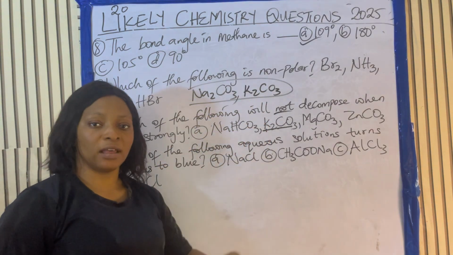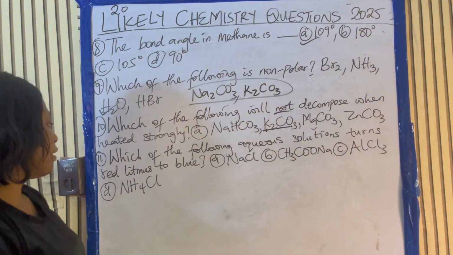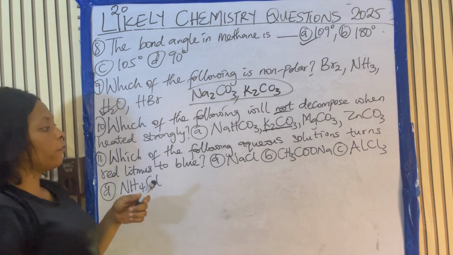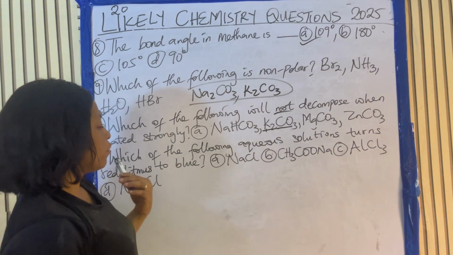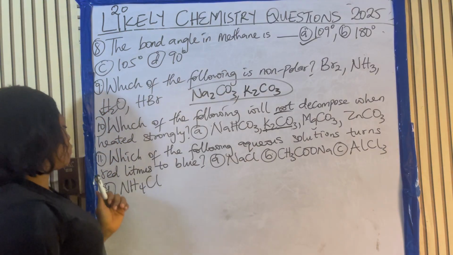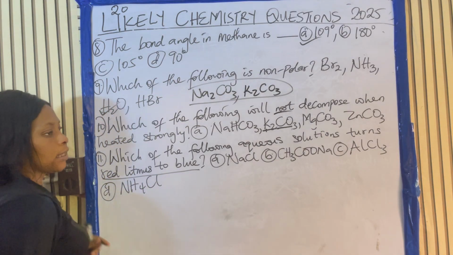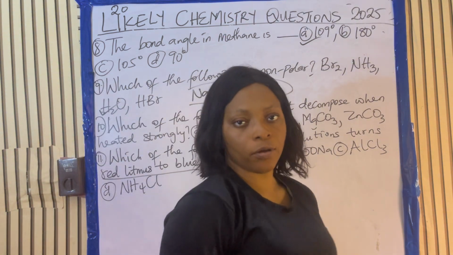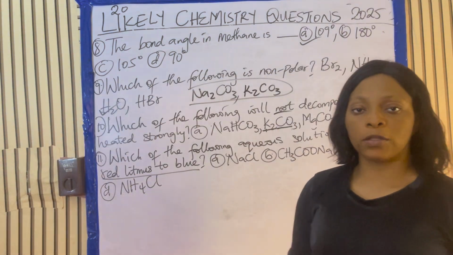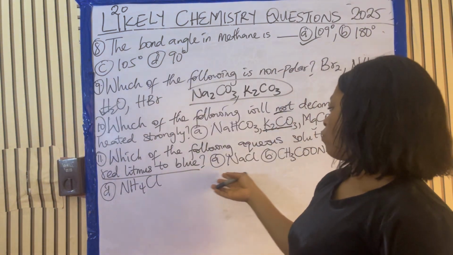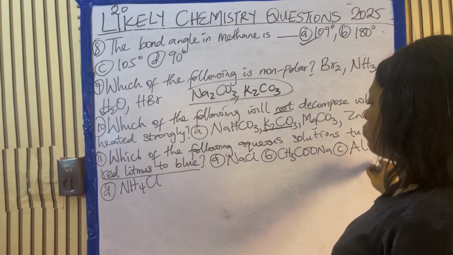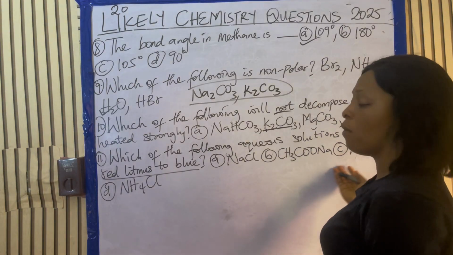No matter whatever you heat them, they will never decompose. Next, which of the following aqueous solutions turns red litmus to blue? Red litmus to blue means it is a base, because a base turns red litmus paper blue. So which one is going to give us a base or an alkali